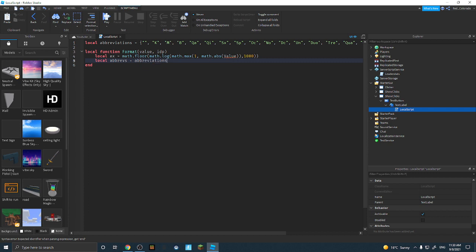Abbreviations. And then we're going to do this. We're going to do this. 1 plus ex. Or, could always be or, so then we have to do e plus. And then dot ex. And then we're going to write our final line, which is local normal